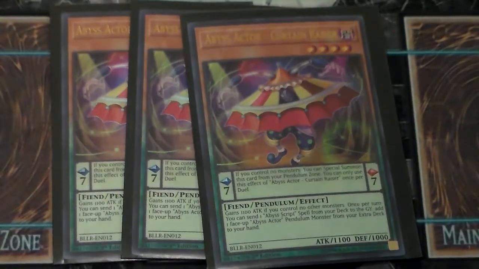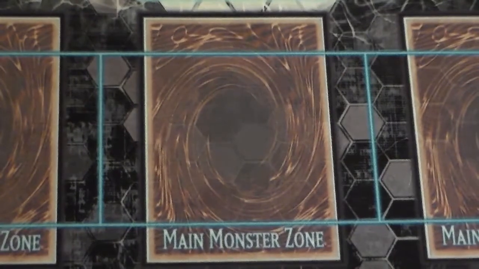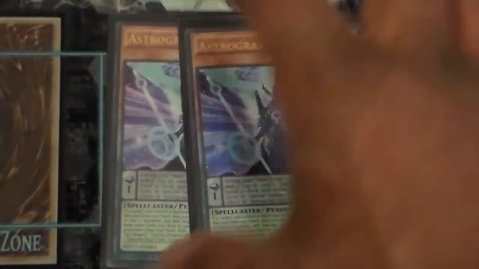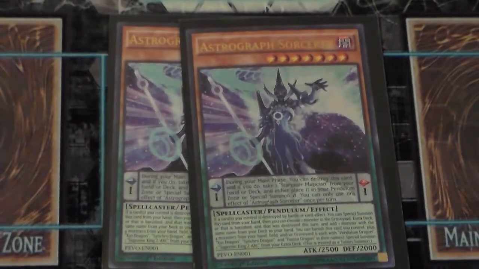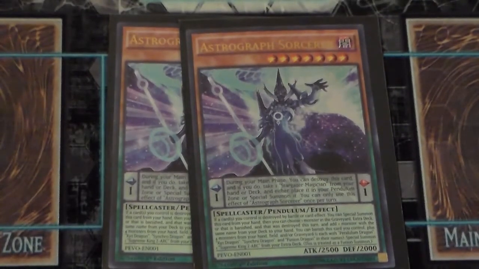Also, if you don't control any other monsters, it becomes a 2,200 point beater, which is pretty nice. And then most importantly, 2 copies of Astrograph Sorcerer here. So this one's effect, you don't use the scale effect because you don't run the Time Storm Edition. The monster effect is when a pendulum monster is destroyed, you can special summon this bad boy onto the field